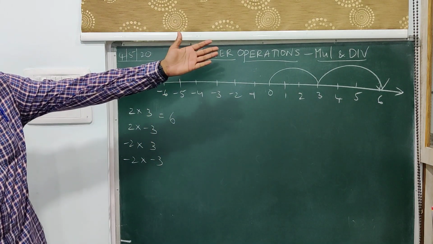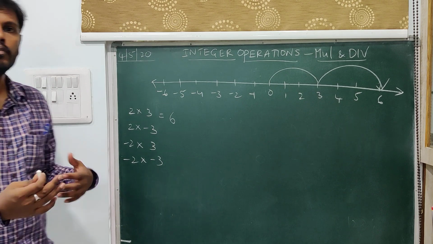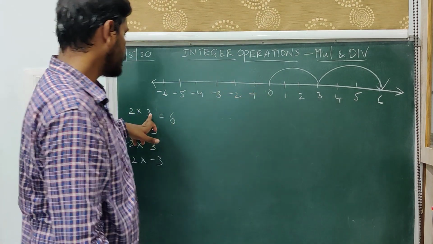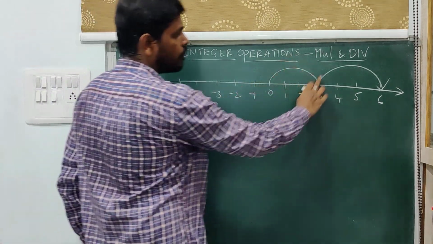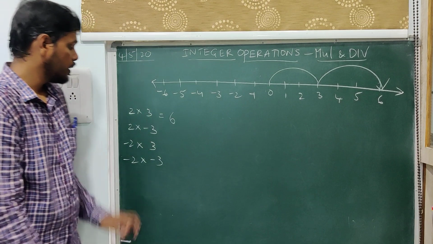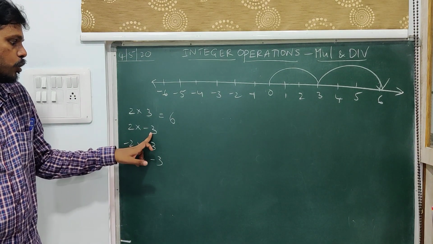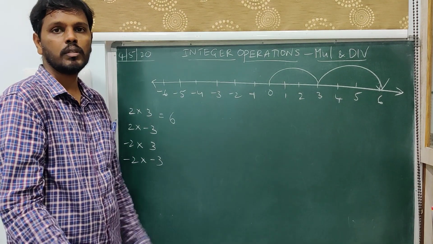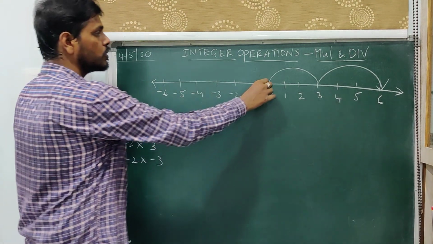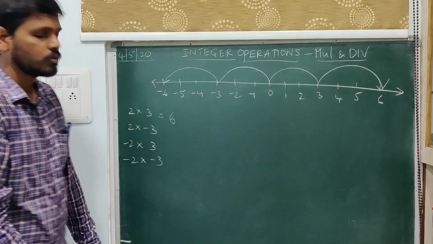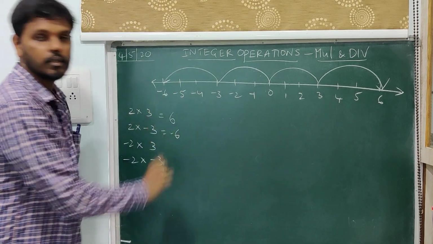Now simple addition rule, that is what I have used. That is, whenever you are adding a positive integer, you move in the positive direction. So I have to add 3 2 times, so I have moved in the positive direction. So 3, 3. So that is what I have done. Now coming to this, 2 into minus 3, that is adding minus 3 2 times. When you add a negative integer, you will go in the negative direction. So from 0, 3 units, so this is your minus 6.